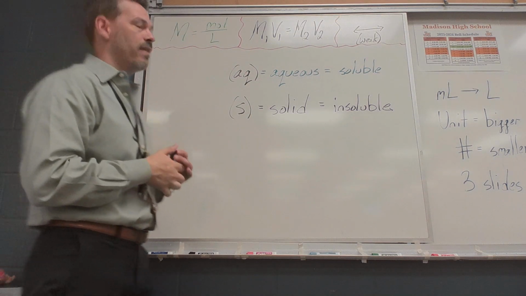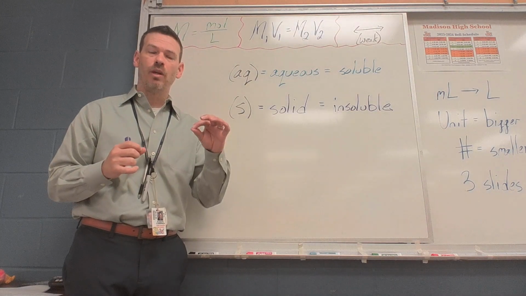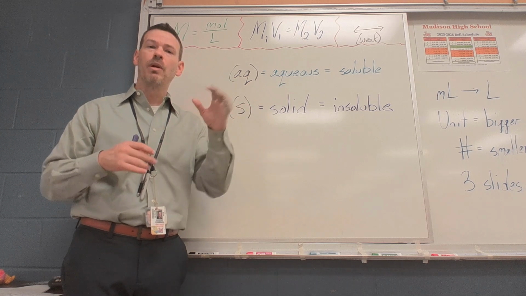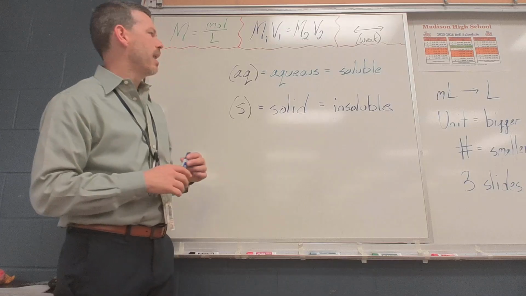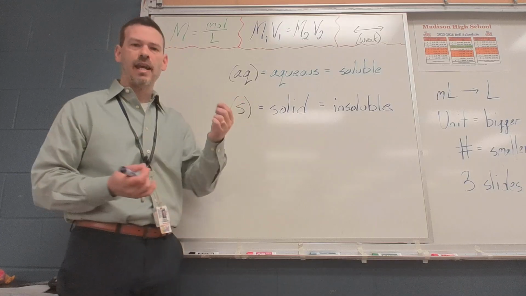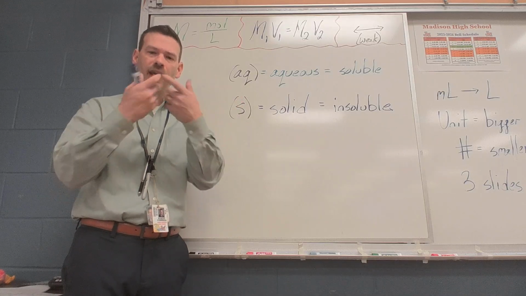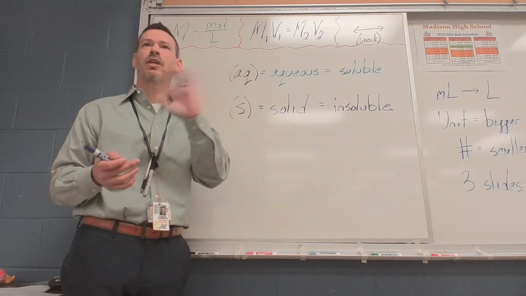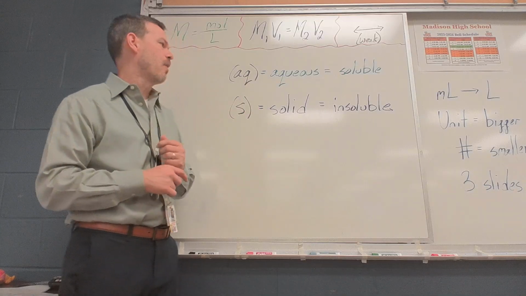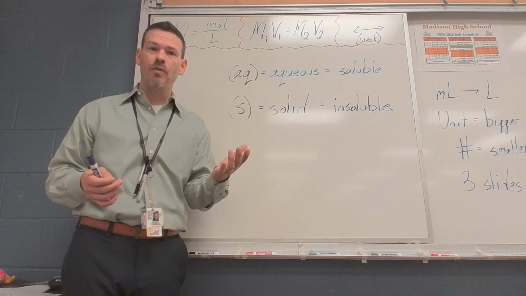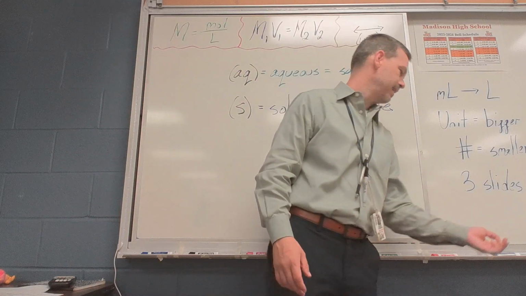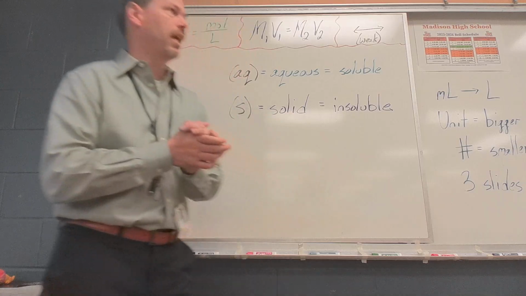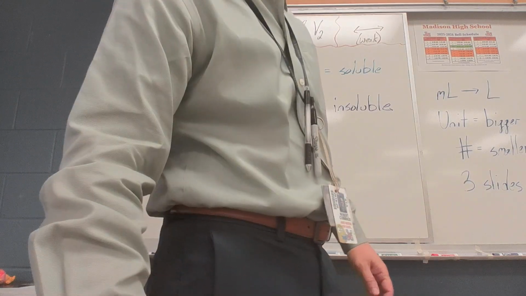So the AQ and the S were labels that we would apply to parts of a reaction, reactants yielding products. And it would just tell us right away that if you labeled it AQ, it means that at that point in the reaction, it was dissolved. It was dissociated, which connects back to what we talked about on Friday. But if it had the S label, then it was staying solid. You could just see it sitting at the bottom because it was not dissociating, which again, we discussed recently. So, with that said,